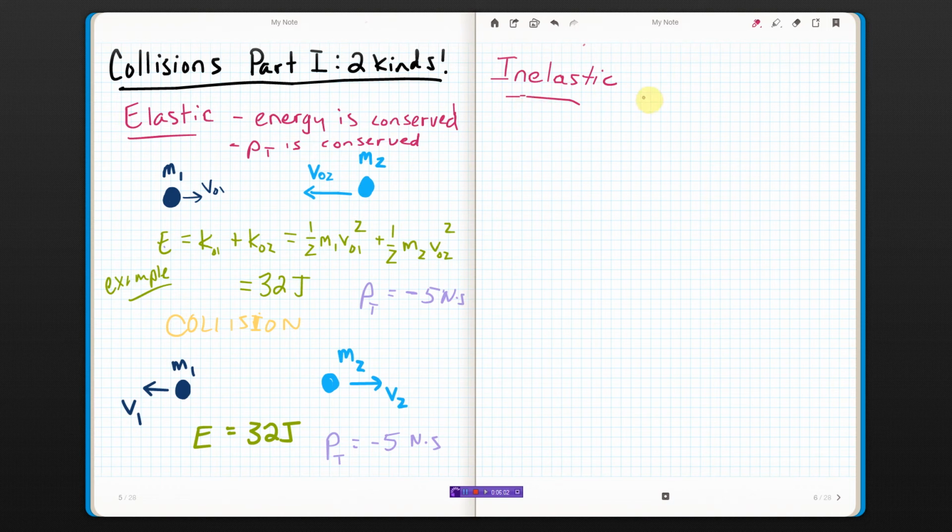It's crazy. Anyway, in these, total momentum is still conserved, which is good. Come on, conserved. But energy is not. In fact, what you'll mostly see with inelastic collisions is when these two things hit, they don't stay two things. They smack together and make one big blob of a thing. So most of the time, with inelastic collisions, what you will have,